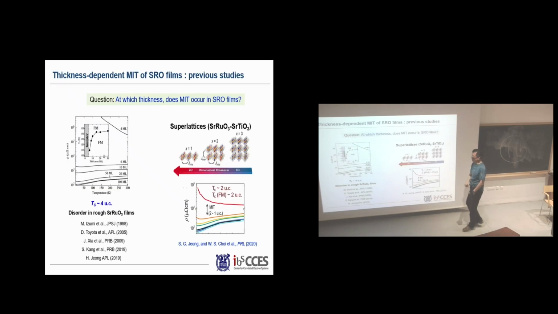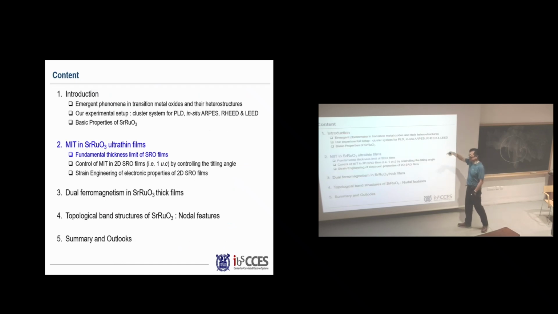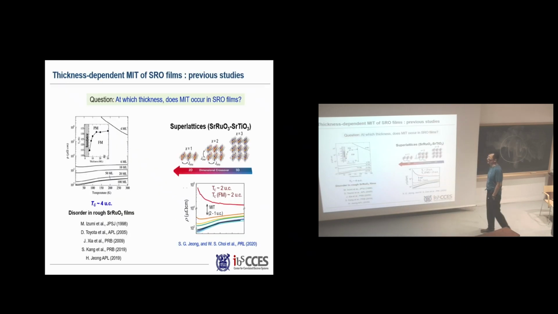Now in this session, I will try to talk about the transport properties, particularly related to the metal-insulator transition. When making a strontium ruthenate thin film, one of the questions we always had in mind is how thin a strontium ruthenate film we should make in order to use it as an electrode. As we decrease the film thickness smaller and smaller, finally maybe the metallicity will disappear. So many people have that question.